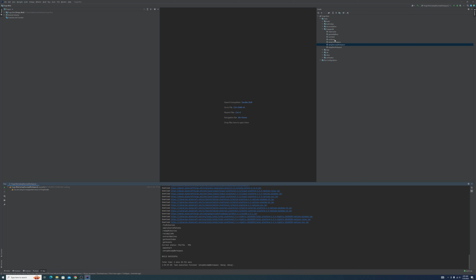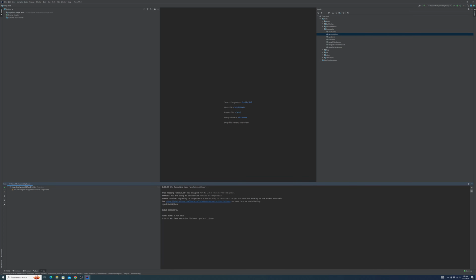All right. So we're going to do the genIntellijRuns. We're going to double click it and, like I said, run. We can see here that it built this stuff successfully. On the top right, there's Minecraft Client and Minecraft Server. We're going to edit the configurations